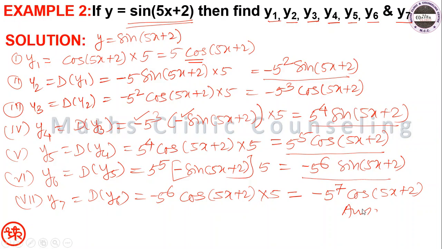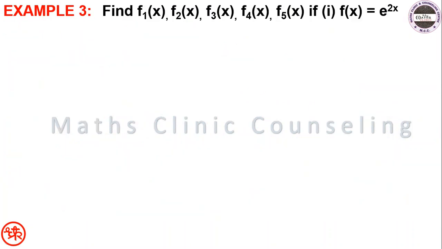So did you understand how to find successive derivatives y1, y2, y3, y4, y5, y6 and y7? These are simple calculations to find. Now in the next lecture we will solve this by a standard formula. Is that clear? Now next, find f1 of x, f2 of x, f3 of x, f4 of x, f5 of x